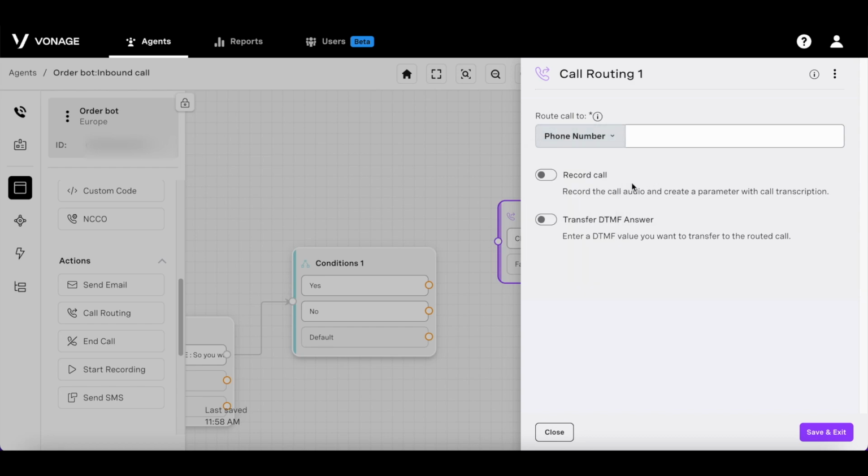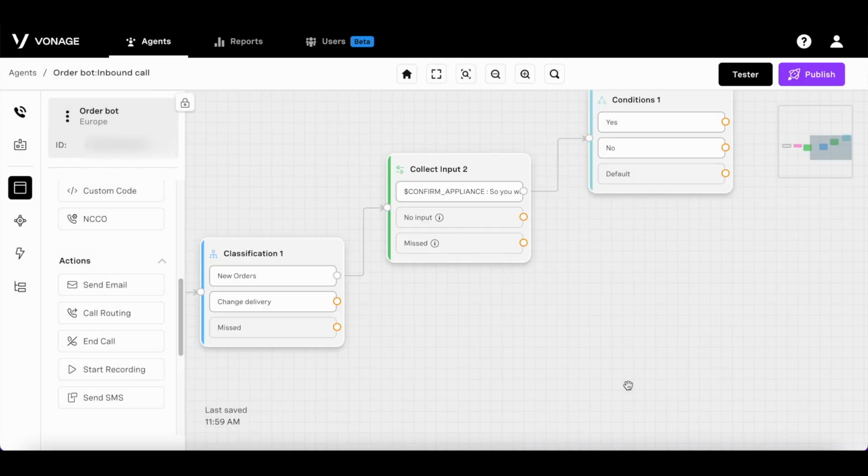You can also choose to record the call beyond the transfer and store the transcription within a parameter and transfer any DTMF input you've collected within the virtual assistant through to the routed call. You will also be able to send an email or an SMS at any stage of the flow. So perhaps you want to collect the new delivery date and then send them an SMS or email confirmation. This can easily be done using the send email or the send SMS nodes.